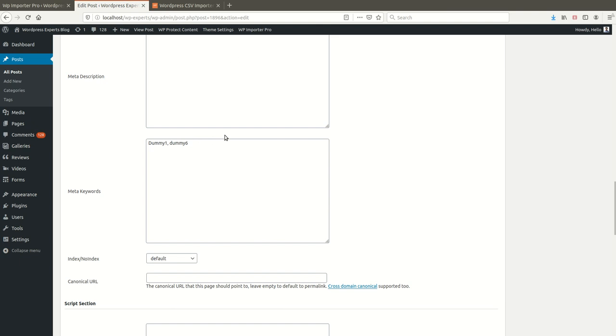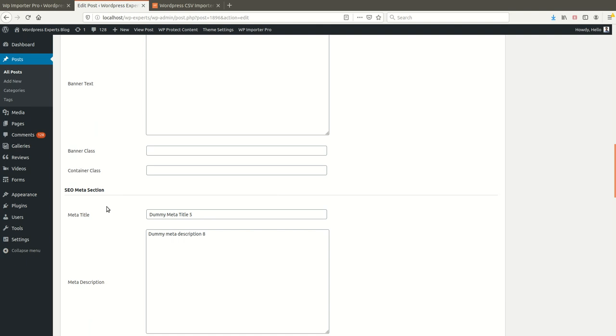Now you can update the same CSV file. You can update these posts by the same CSV file. I have no need to do any manual task.